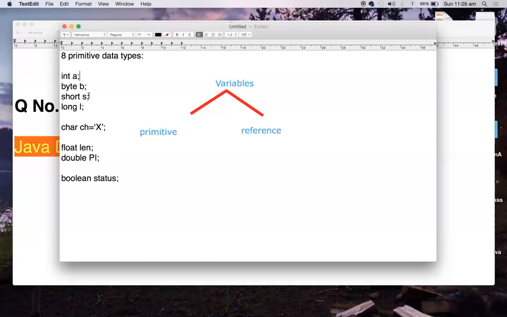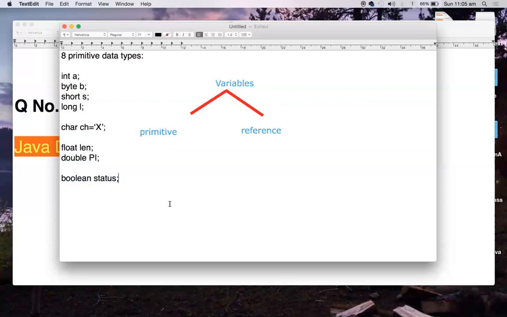So these a, b, s, l, ch, length, pi, status are primitive variables. What are primitive variables? The variables which are declared with primitive data types. This is straightforward because this was there in C and C++ also.